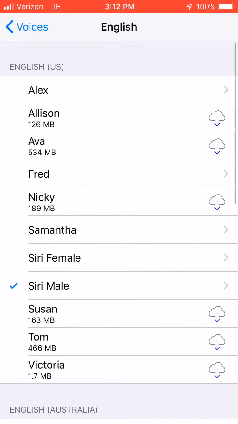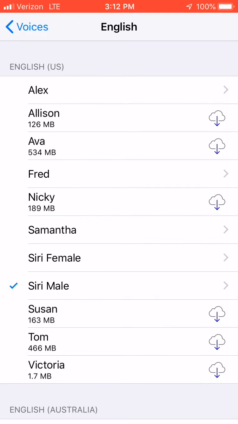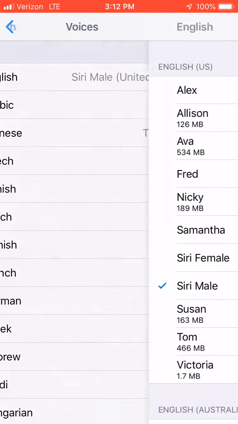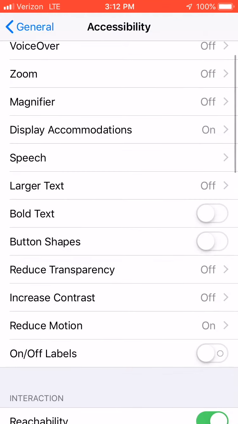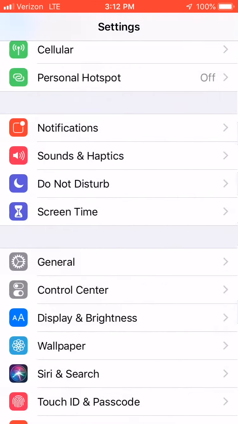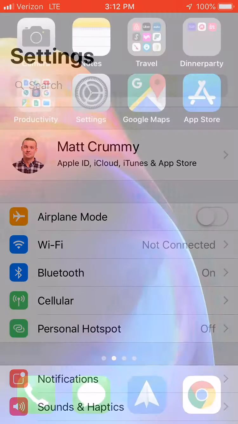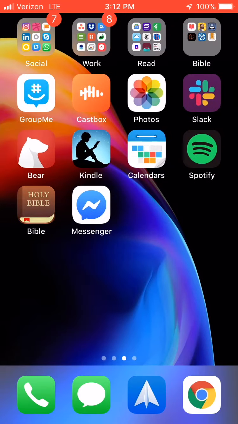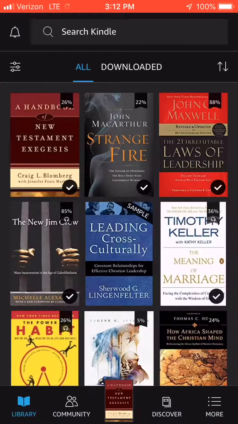I have it selected on Siri male right now, but you can download other voices, different accents. Siri female I think is default, and then you can back out of that, exit out of settings, and then once you go back into your Kindle app or any app